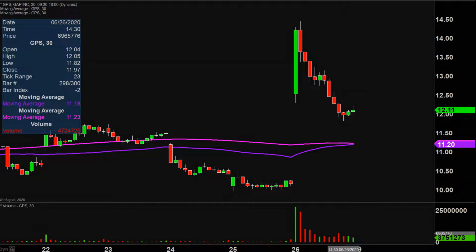Quite the eventful day on this one, not only from the price action point of view, but you look down here at the volume, well above average volume with all the headlines and such. Unfortunately, a very big pullback. Now, is the entire chart destroyed? I'm not going to take it that far, but I realize I state the obvious in stating that, yeah, from where it was here at its highs to where it ultimately pulled back to, that was a pretty rough move. But like I said, I'm not going to say that the entire chart's destroyed because technically speaking,